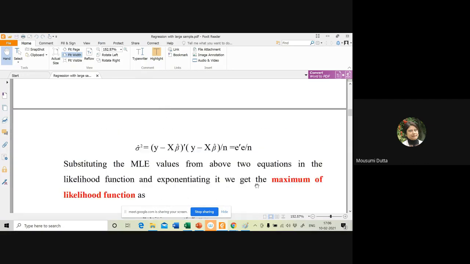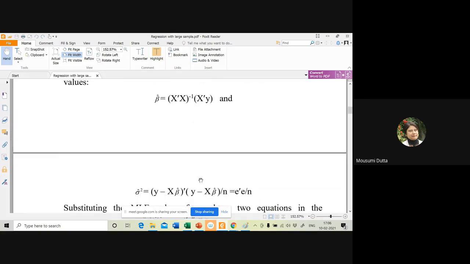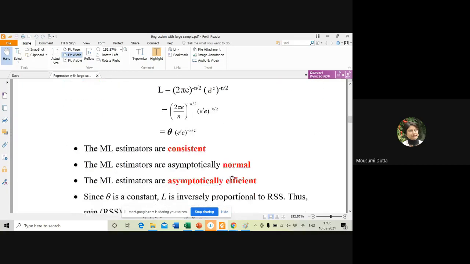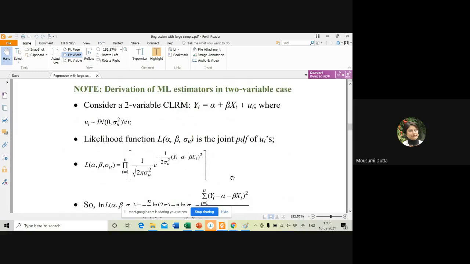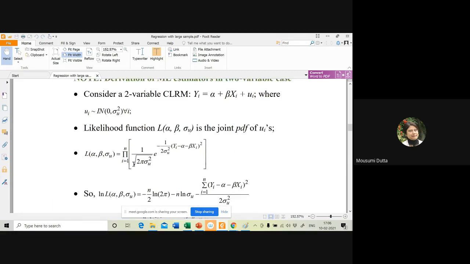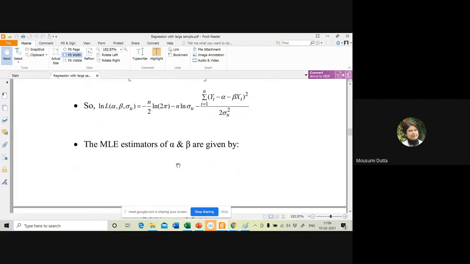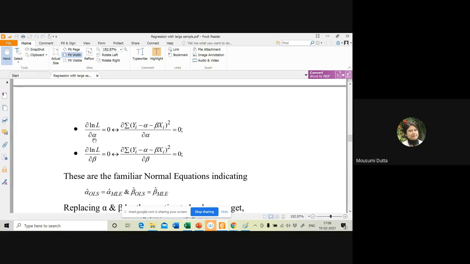Okay, now to understand how we will really get these values, I'm considering a simple model, in the note, the simple regression model. I basically considered the likelihood function, and then I have taken derivatives with respect to two parameters, alpha and beta, not with respect to the entire beta vector, because this will be easier for your understanding.